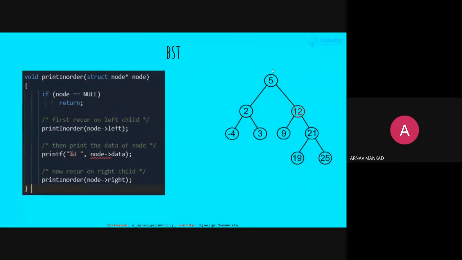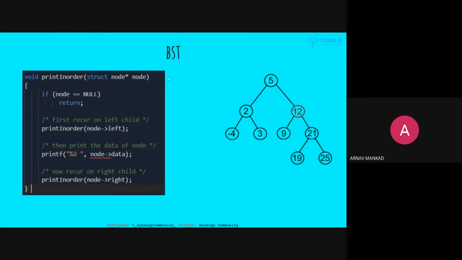So if you want to do the in order traversal on this tree which is over here, what we will do is basically we start with 5. We first call the left subtree which is 2. Again we call the left subtree which is -4. Now there is no left subtree, so it gets back, -4 gets printed, and now it calls the right subtree. There is no right subtree, so it gets back to -4. It goes to 2. There 2 gets printed, and we now reach 3. 3 gets printed, and it finally goes to 2. Again it goes to 5. 5 gets printed, and so on. This thing goes on.